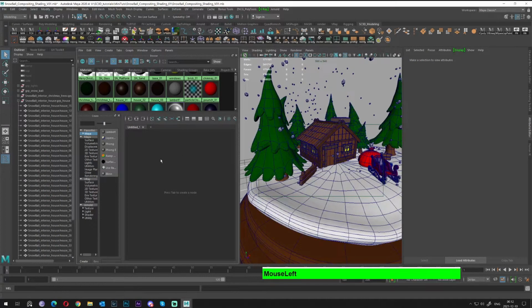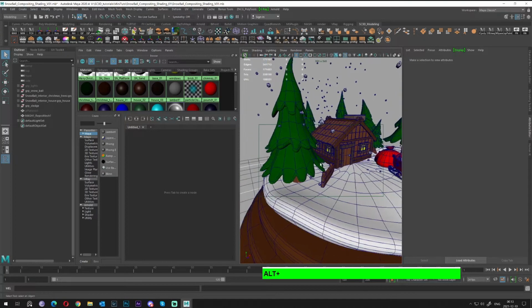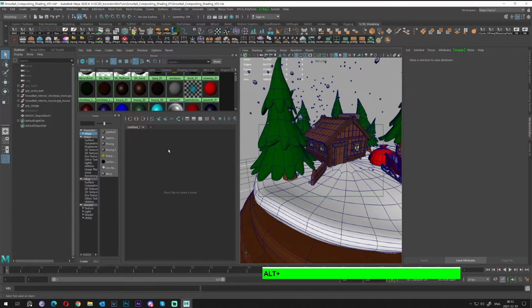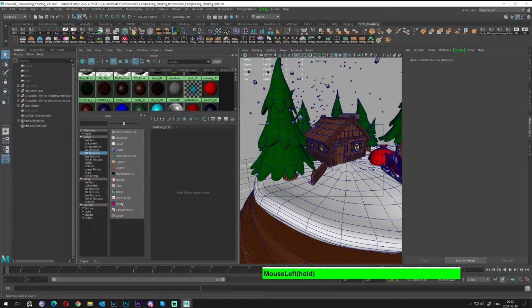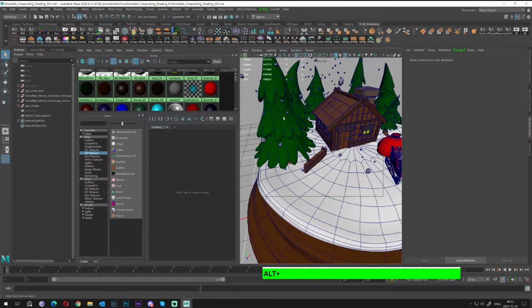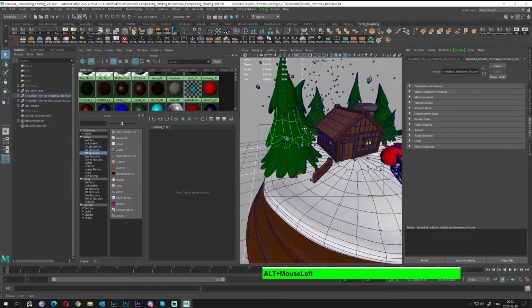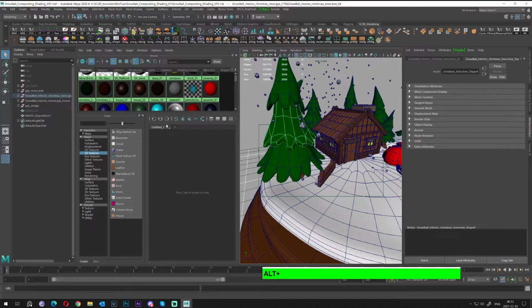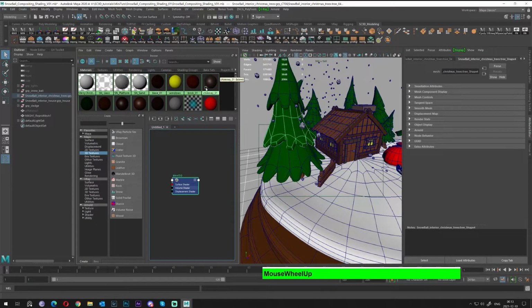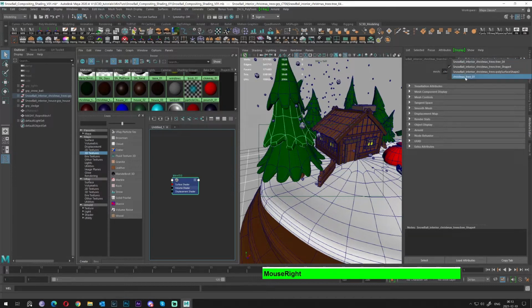Okay, so here we push it, and in order to apply it, we have 3D textures in the Maya, and you can check what kind of nodes do you have. So in short, let's select our Christmas trees, yeah, and now we can